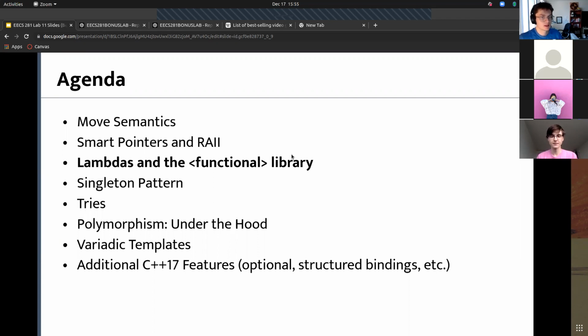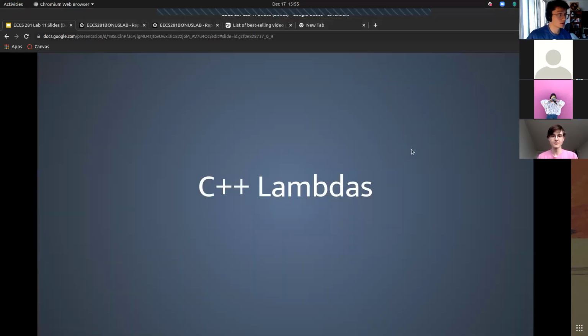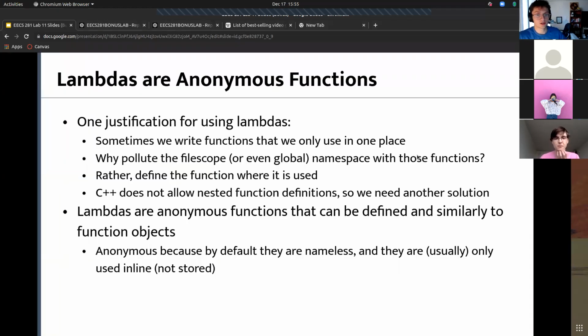All right, Lambdas in the functional library. I recently trimmed down this functional library section a lot, and I'm going to skip over a decent chunk of it because I think Lambdas are really the only important part of this section. So bottom line, Lambdas are anonymous functions, and that probably doesn't mean anything to you, but